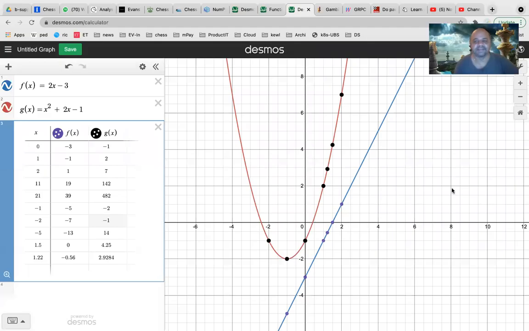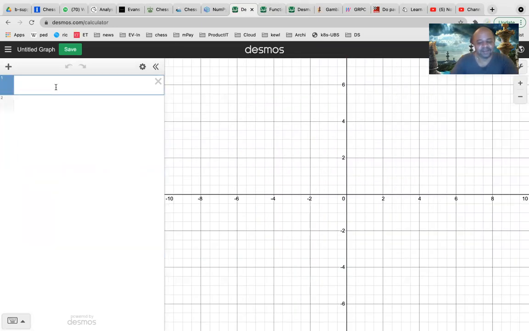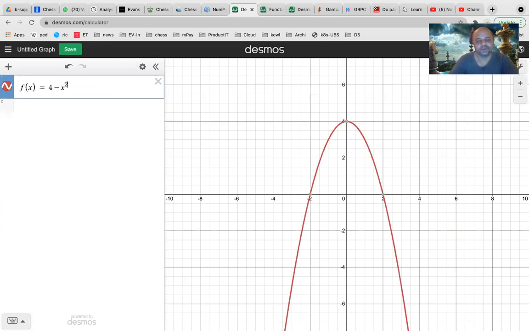Start recording. Sir, what is it for circle, sir? Oh, circle, I will tell you. Circle is an advanced concept, but last time I had shown, right? Did I show it or no? You showed it, sir. f of x is equal to, let us take 4 minus x raised to 2.